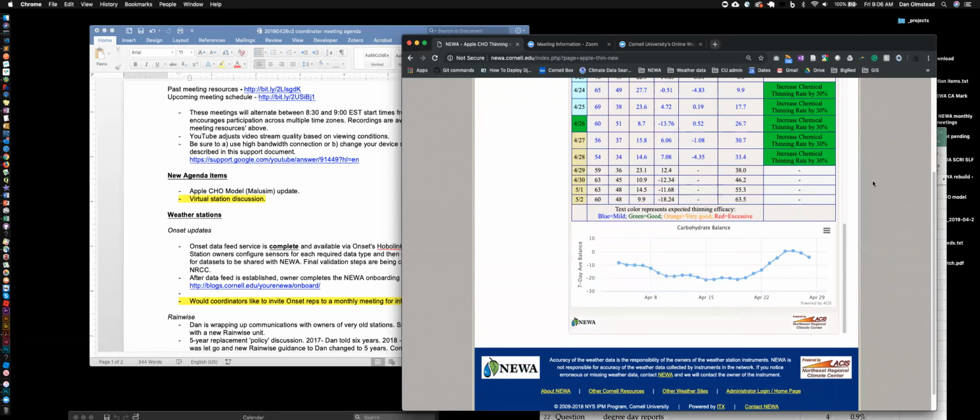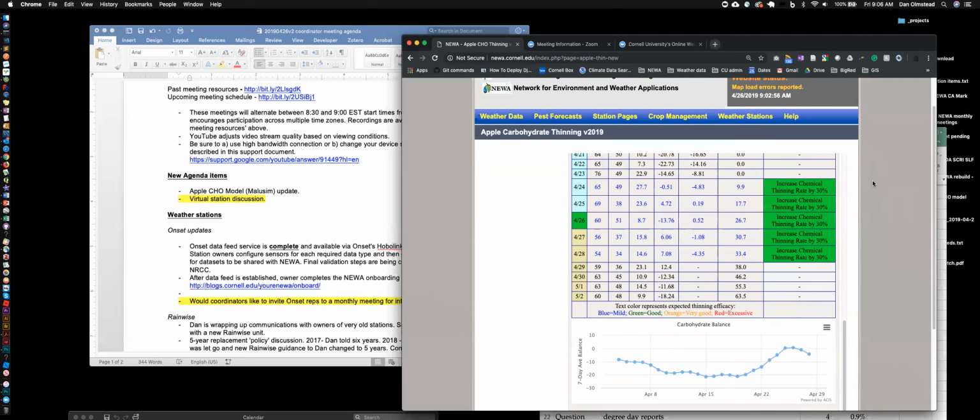Parent says that he's improved it. A lot of things that he's been working on over the last year are incorporated in it now. And I think that he has talked to some groups about it, but I'm not exactly sure which groups. So in New York, he's touched base, I think, with all of the Apple production regions during our winter conferences. I know from other conversations with a few state coordinators, he's been down south. So I'm not exactly sure where else outside of New York besides that he's shared this information.